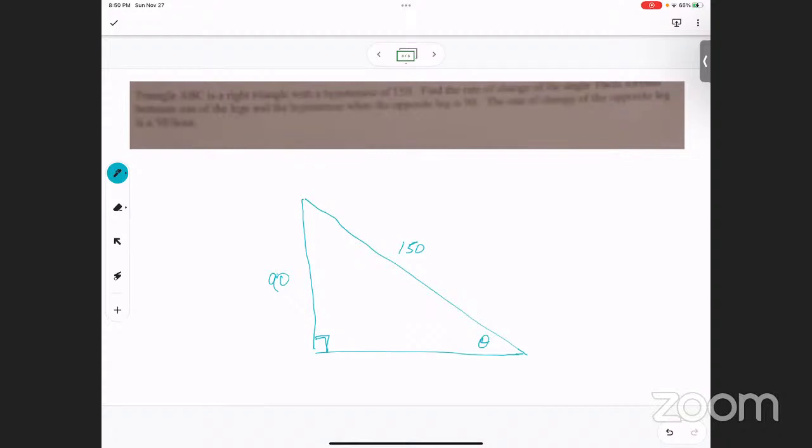Find the rate of change of the angle, but what's moving? If it's a triangle, nothing's changing. You know what I'm saying? Usually they'll say you have a ladder falling down a wall or something like that. But this just says the right triangle has a hypotenuse of 15 and find the rate of change of the angle made with